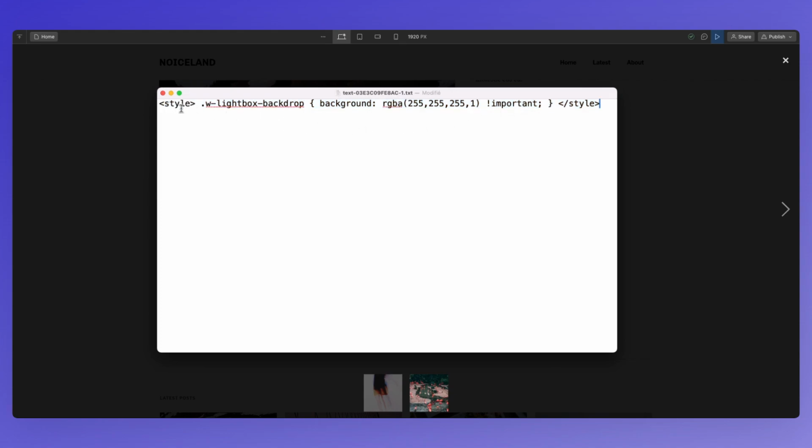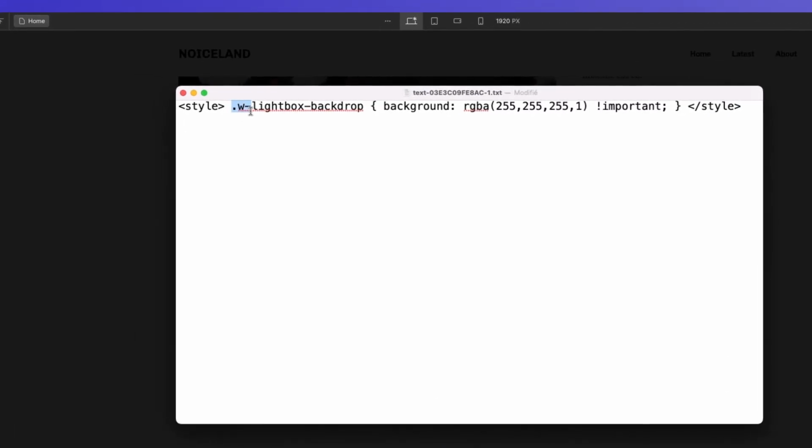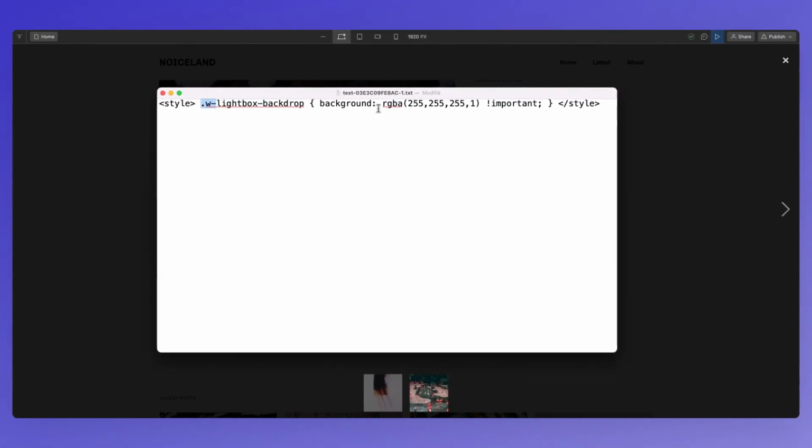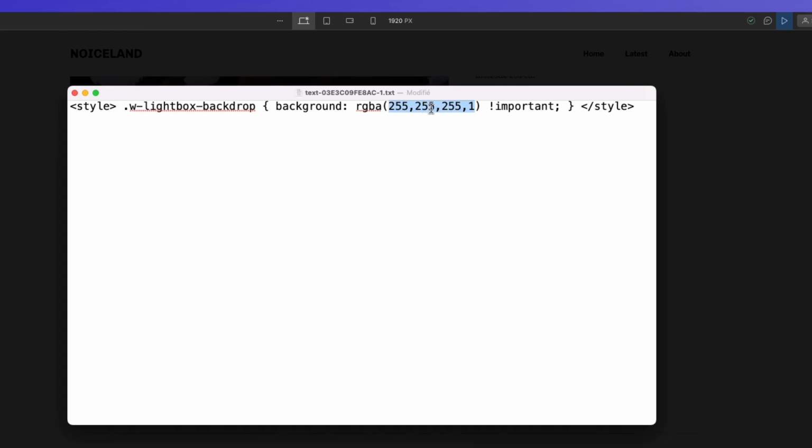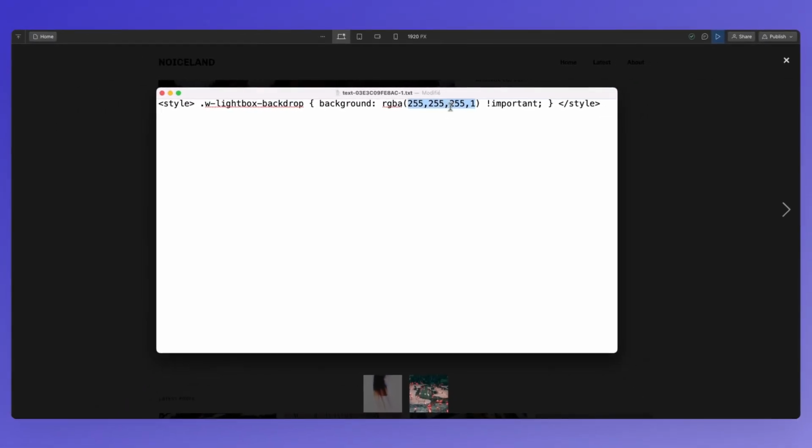And you simply add a tag with an identifier of w-lightbox-backdrop, and over here under the RGBA section you are going to need to simply adjust these values in order to reflect the color